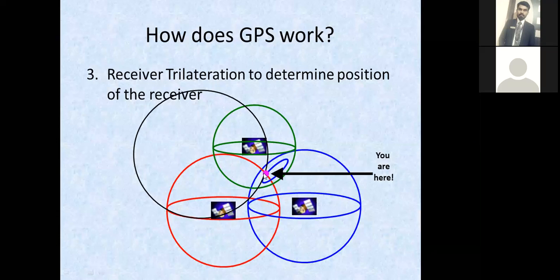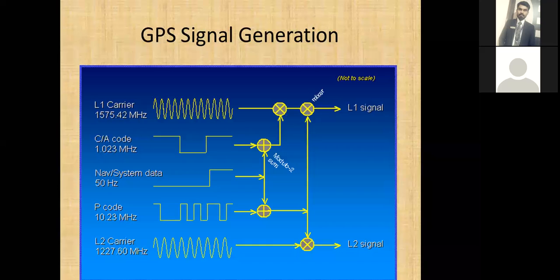So the user clock bias with respect to the GPS time can be computed with the help of the GPS. And then the user clock will behave as an atomic clock, like the clock we have on the satellite side. It will hold that accuracy as long as the receiver remains on. Okay, next. Receiver clock will get the stability of the atomic clock, even though it is a simple quartz clock.